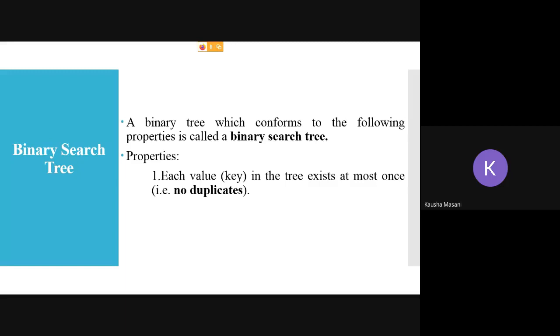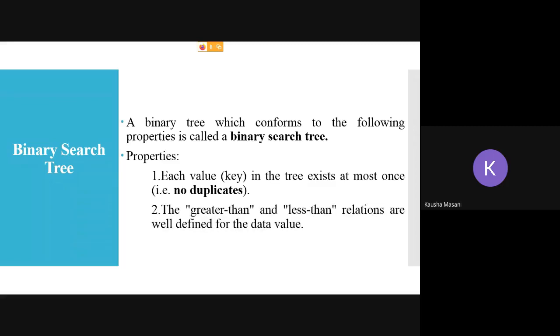I mean, what is a property? Some notions or identifications through which you can come to know that this is a binary search tree and no other tree. So how can you come to know? What will you look at? Yes, ma'am, the left subtree values are less than the root node value. And similarly, in the right subtree, all the values are greater than your root node.